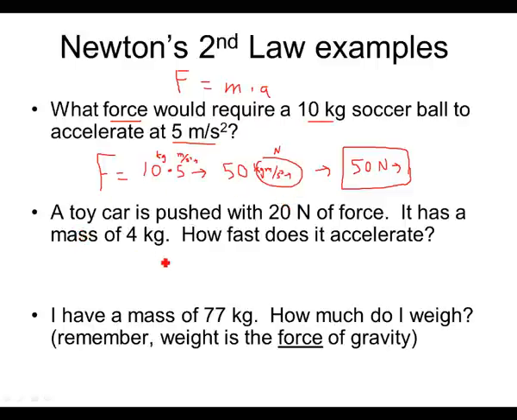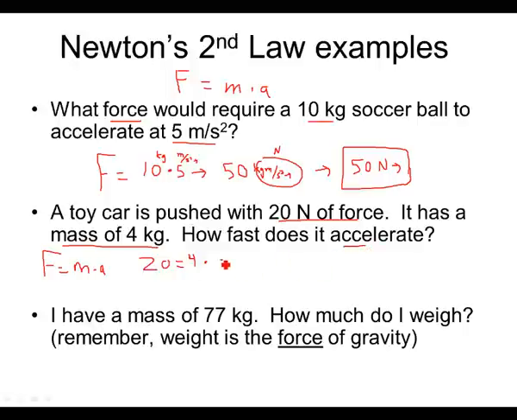Let's do the second one. A toy car is pushed with 20 newtons of force. It has a mass of 4 kilograms. How fast does it accelerate? Again, our formula we know is F equals ma, okay, m times a. This time it says we have a force of 20 newtons. So 20 equals m. Do we have the m? Yes. Mass is 4. Equals 4